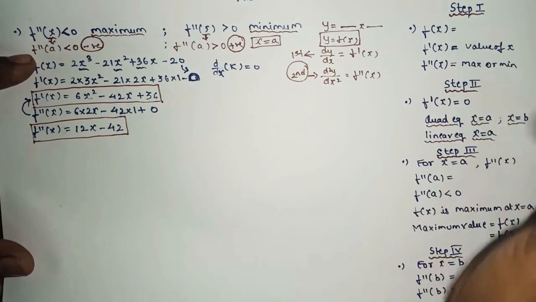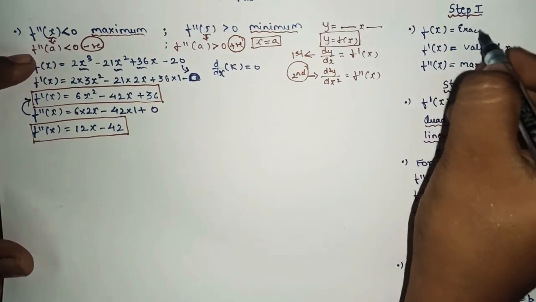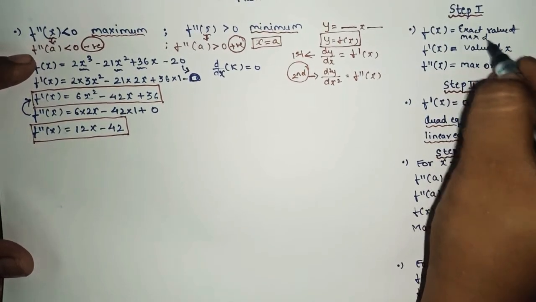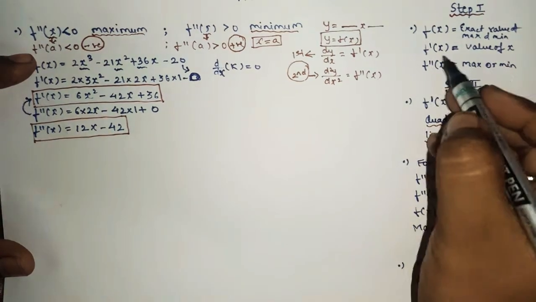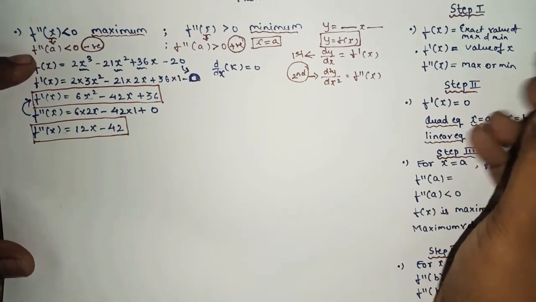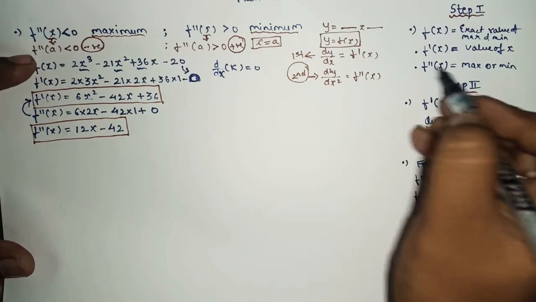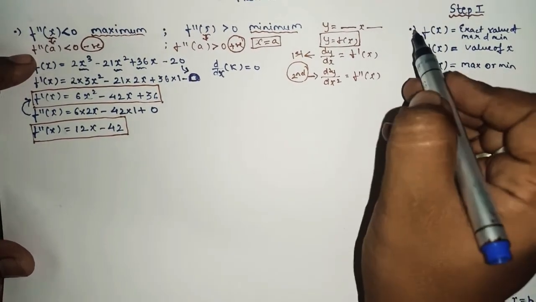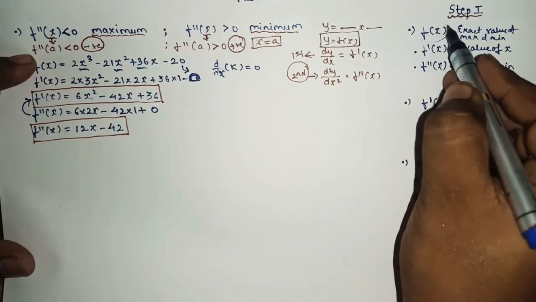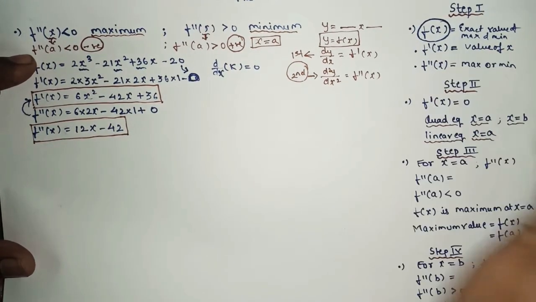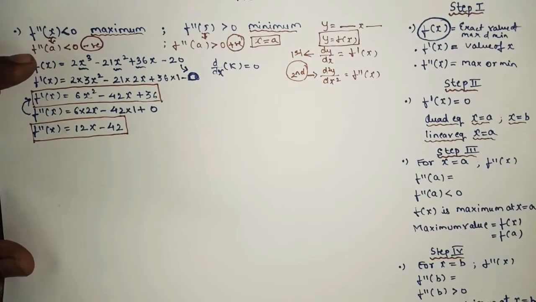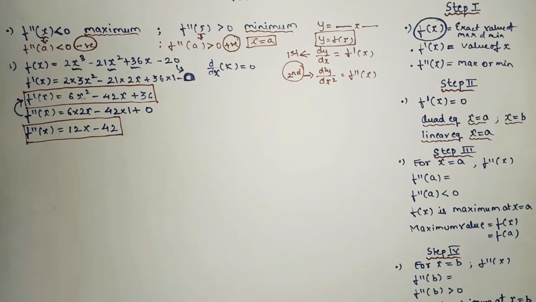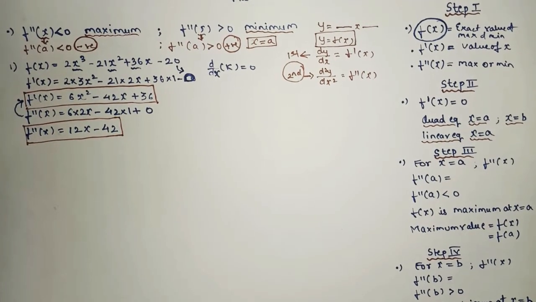and from the first step you will get the exact value of maxima and minima. So now first thing we have to find what? The value of x. After that, you will substitute the value of x in f double dash x to know whether the function is maxima or minima, and the exact answer you will get from where? F of x. So this is the final answer. From here you will get the final answer. So let's move with the steps. So you will come to know exactly how to present your sum.